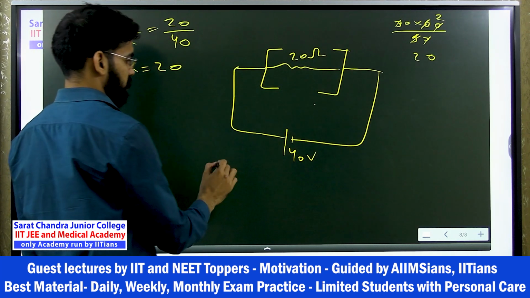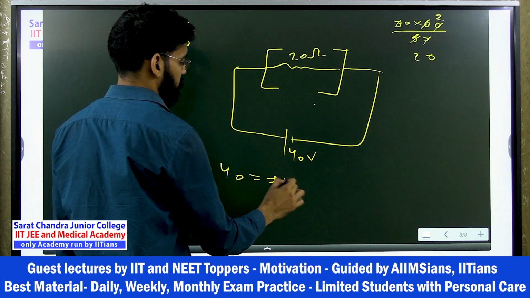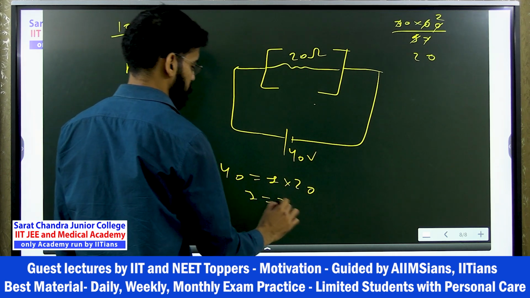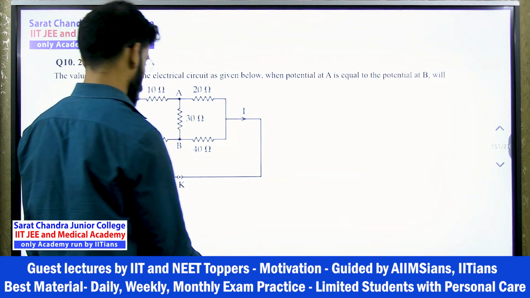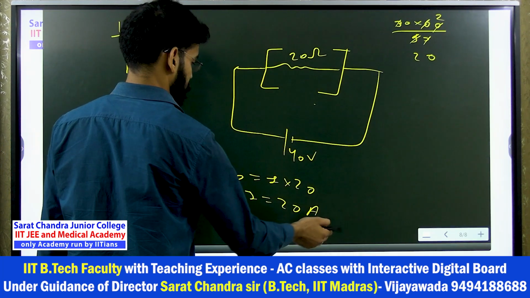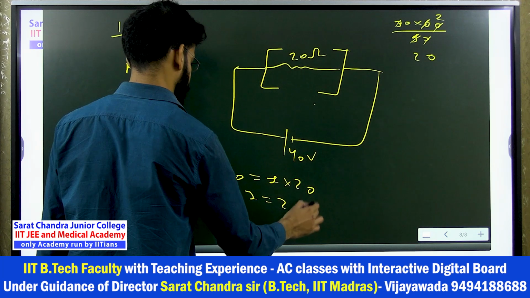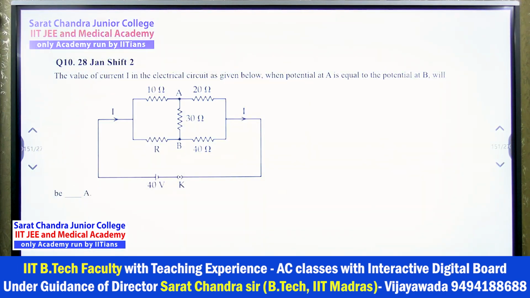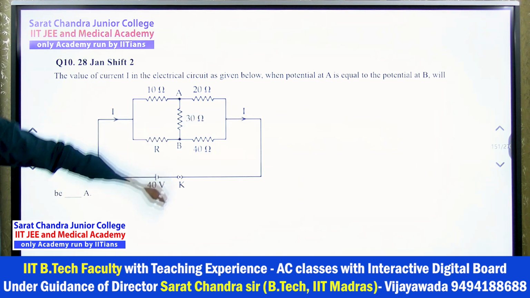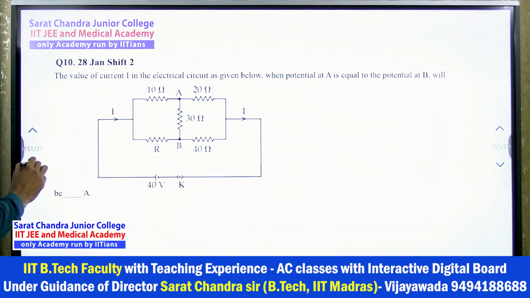Understood? Now V equals IR, so 40 is equal to I into 20. So I is equal to 20 ampere. Sorry, 2 ampere. What 20? 2 ampere. Okay. Understood? So the answer is 2 ampere. 10th question, 2 ampere. So by Wheatstone bridge you can solve, right? Next,